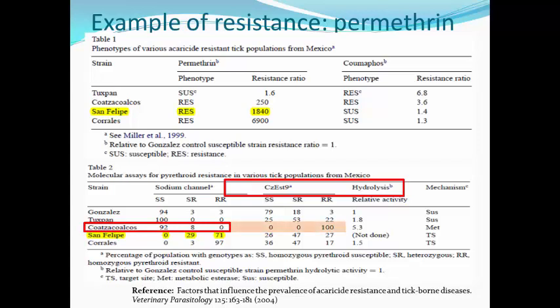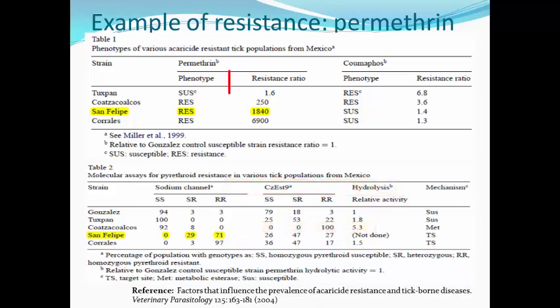And what they found is that 100% of the individuals in this strain were carrying a gene that is overexpressed in a mutated esterase that has 5-fold greater hydrolytic activity to break down the pyrethroid. However, if you notice, the degree of resistance that this other mechanism conveys is much lower than the mutated sodium